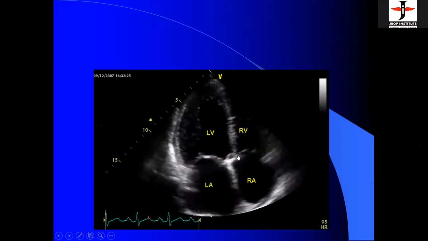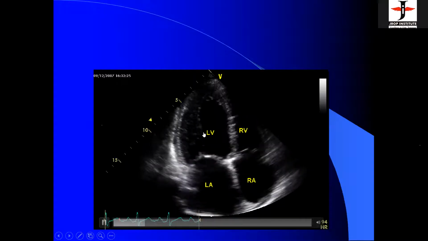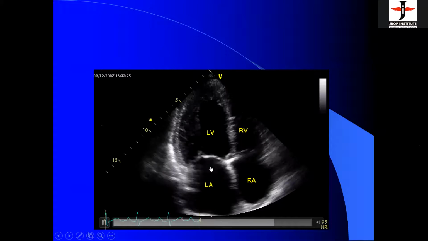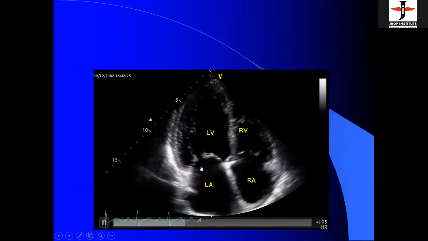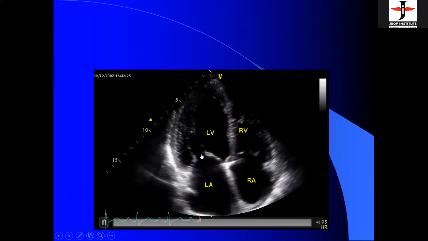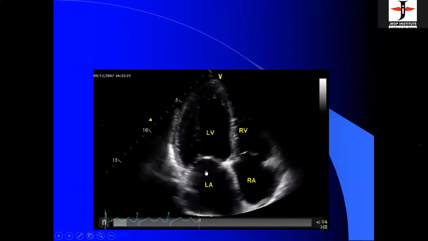While if you take the apical views, now you see this is the mitral wall, you are parallel to the flow. The flow is going from LA to LV, and if you put your Doppler here, that is completely parallel to the flow. So the apical is the best view also, whether it is a 4-chamber or a 3-chamber view, because here you are parallel to the flow. Here both the dictums apply. Number one, is this wall seen in which view? Am I parallel to the flow? Yes, you are parallel to the flow.